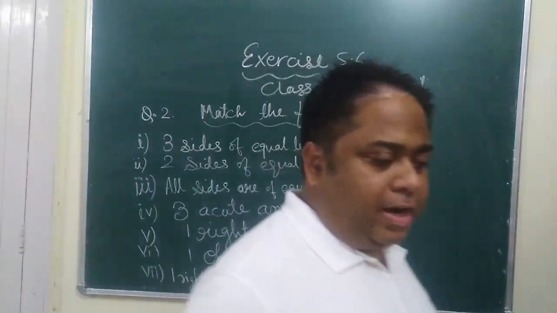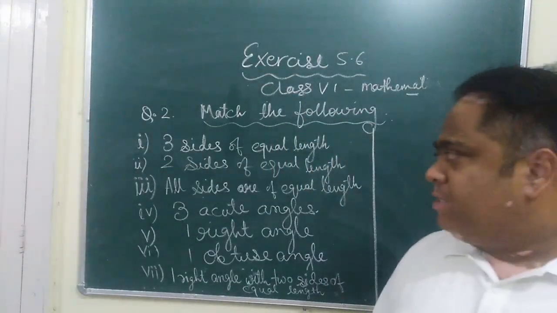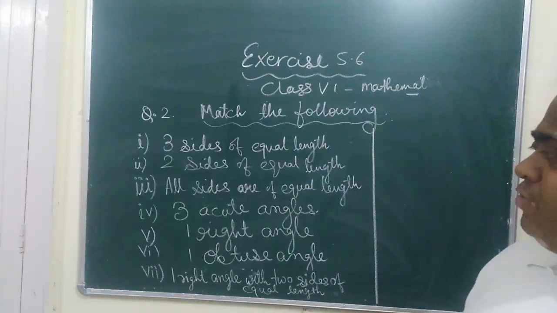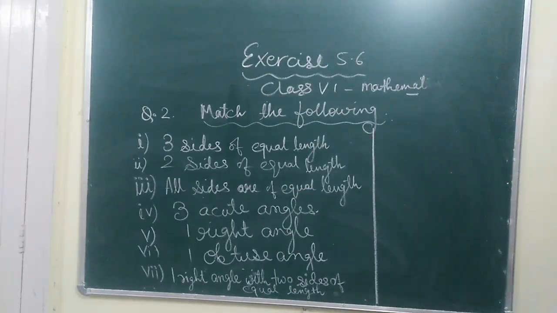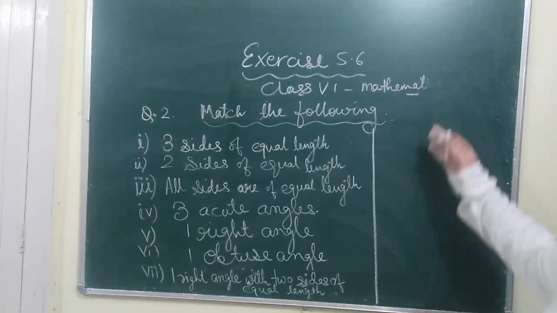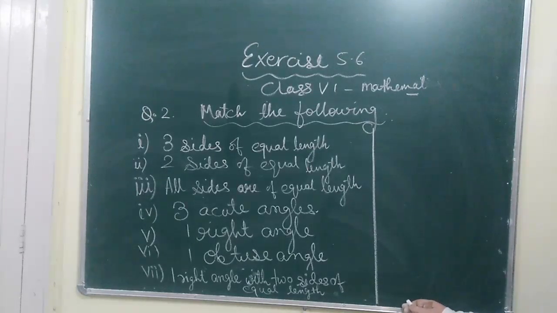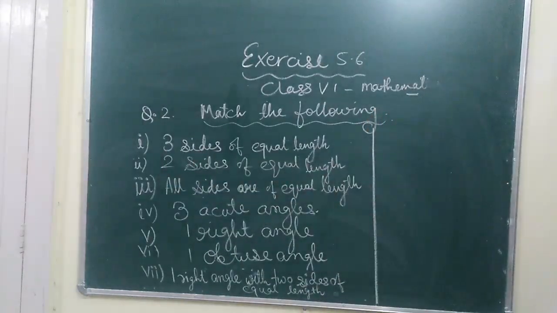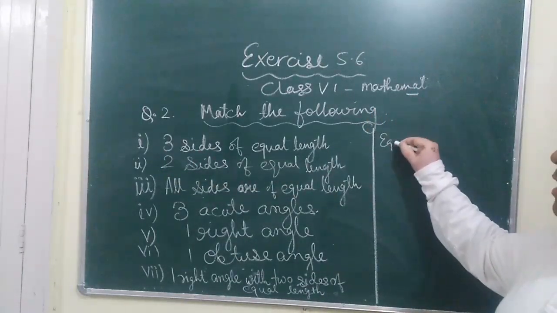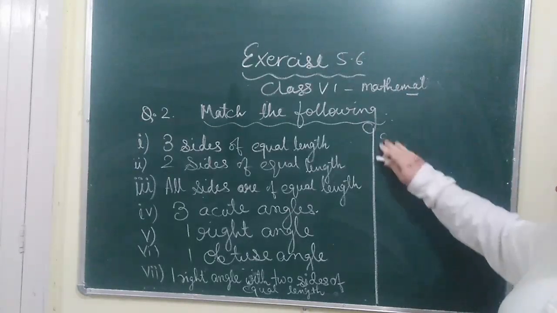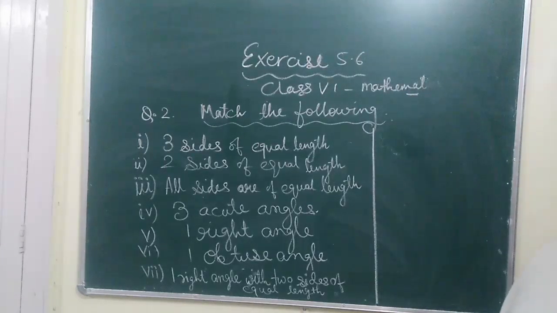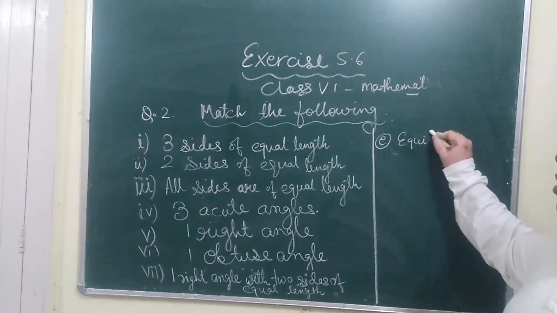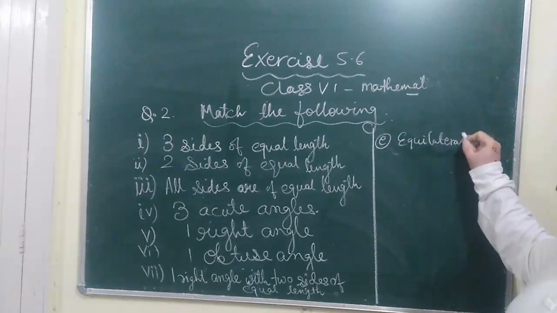In question number 2, we have to do the match the following. In the match the following, if you see the textbook, on one side the properties of triangle are given, and on the other side we write out the types of triangles. In the types of triangles, I have kept the place blank so as to fill the right pair. Now, a triangle in which three sides are of equal length will be called an equilateral triangle. Equilateral triangle is in which number? E. So this will be E, equilateral triangle.